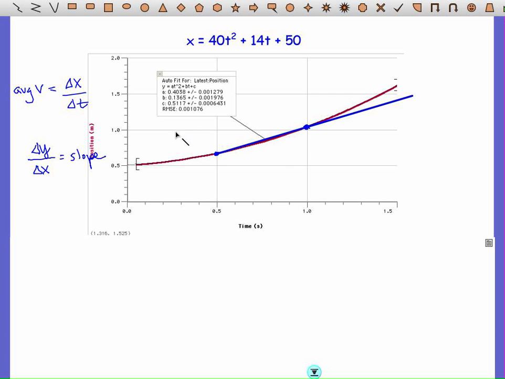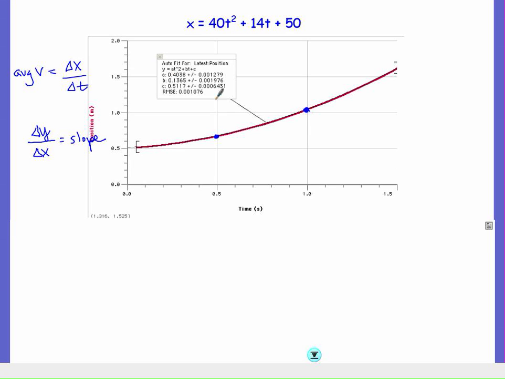You can see really why it's an average velocity, especially right in here. There's an area where the graph itself, the red line, is different from the slope line, the blue line. And so we are getting an average. We're not getting an instantaneous velocity. We're not really getting the actual velocity here and here and along most of the curve. It's just an average. And so we've learned that with the derivative, what we can do